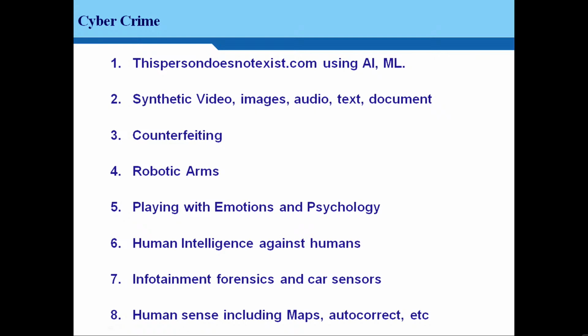Hence they are synthetic, they are artificial, and they can be misused to send you a friend request. They can be misused to give you wrong information. So there are a lot of synthetic videos also being made. Some incident which has not happened, I can make a synthetic video of that event to do a lot of malicious things, to incite people, to incite a crowd, to do fraudulent transactions, to give you misleading information. So synthetic videos, images, audio, text and documents, all of them are being made using technology today,